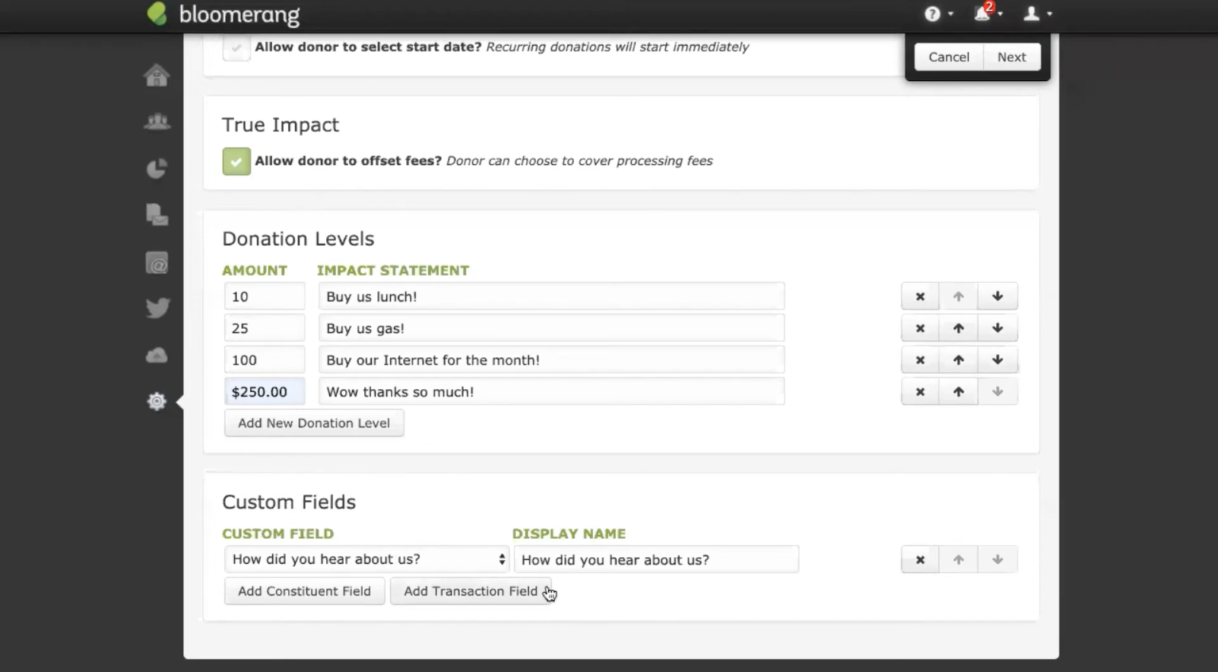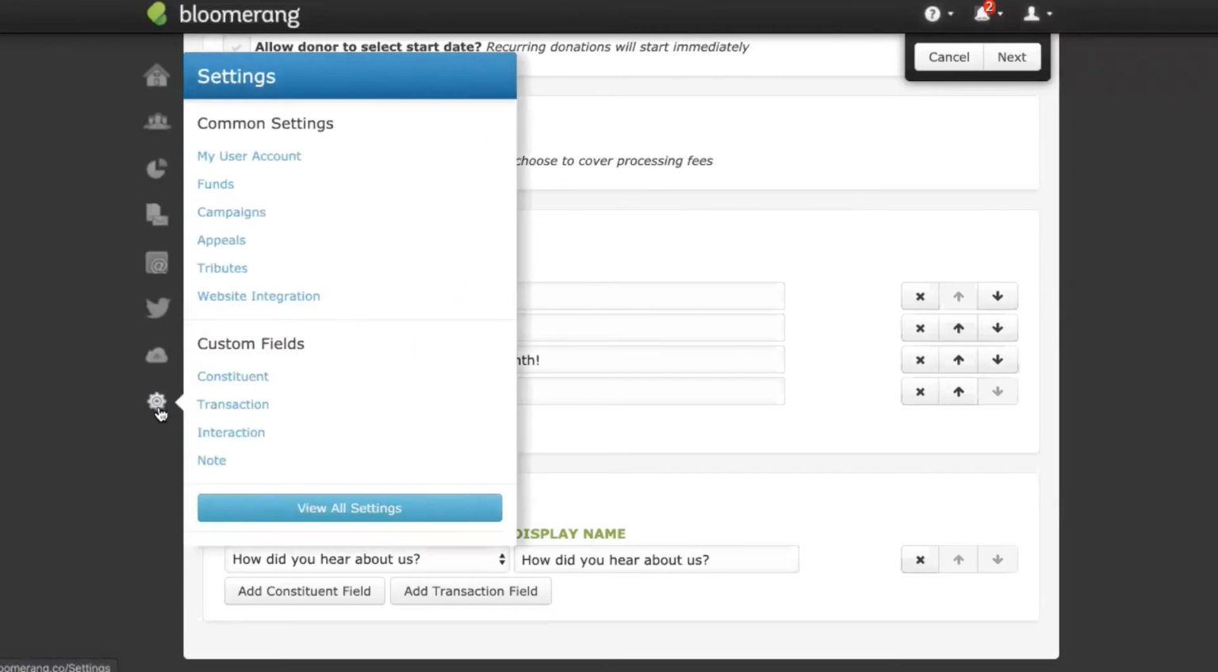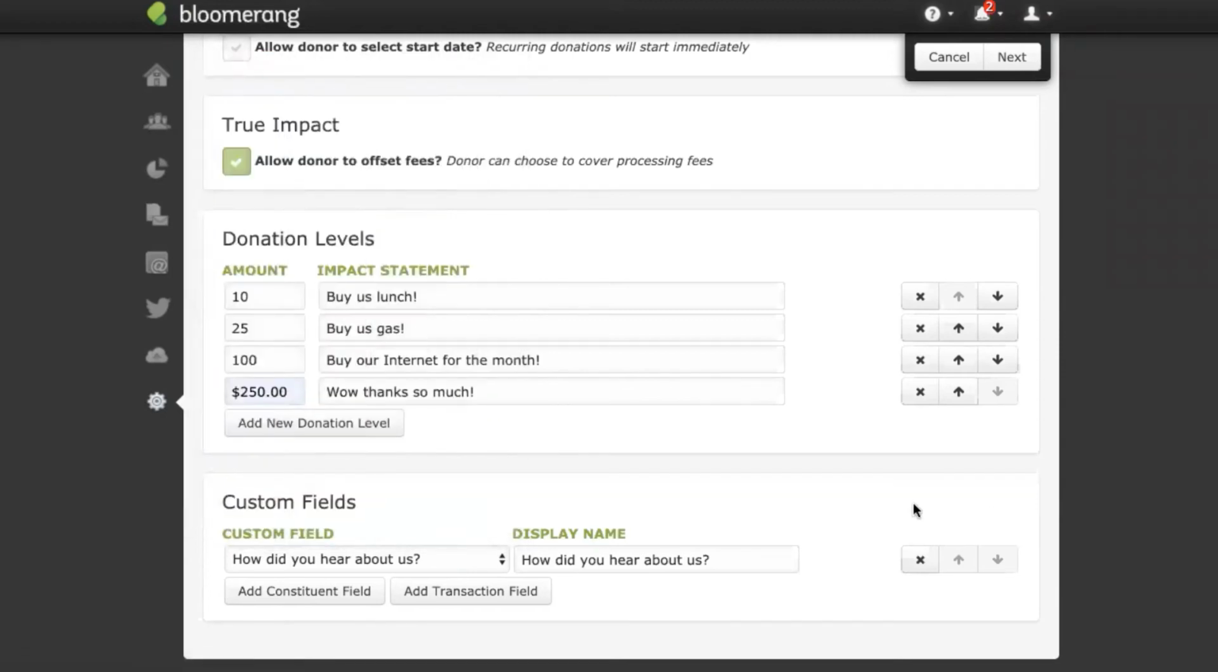What I ended up doing was I first created a transaction custom field in my database. So you do have to do that first. If you hit the settings icon and then head to transaction under custom fields, you can create this. Once that is created, you have the ability to add it here. And I usually recommend using a transaction custom field, because this way their response to when they heard about us is tied just to the transaction, and it's not a permanent